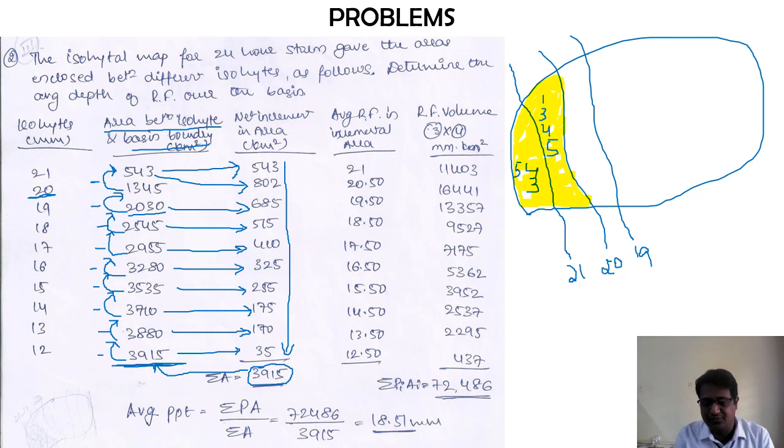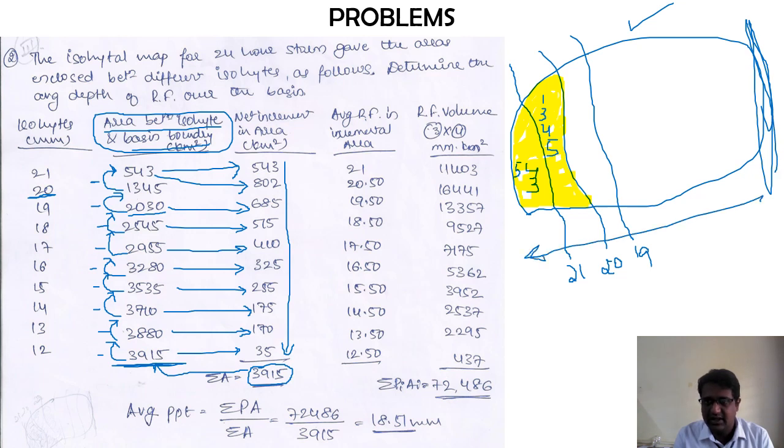What you have done in the third column is instead of the cumulative area, you have divided it into effective areas for each of the isoheights. Once you add all those up, the total area for this catchment remains the same. There is no difference in that. As per the headings given here, the area between the isoheight and the basin boundary, the last isoheight comes here, and the basin boundary we have considered is this one. So this itself is the total area, so the final area is 3915.